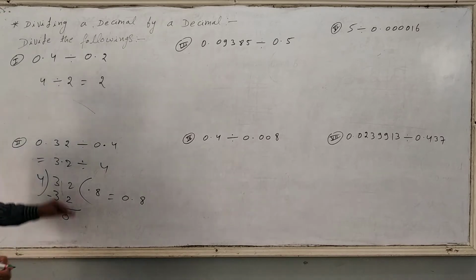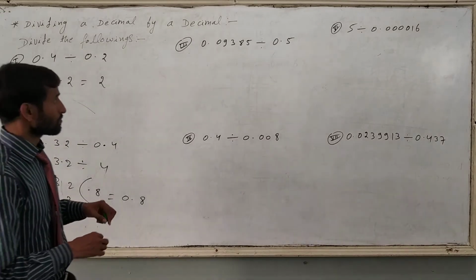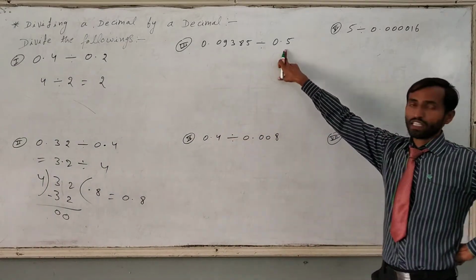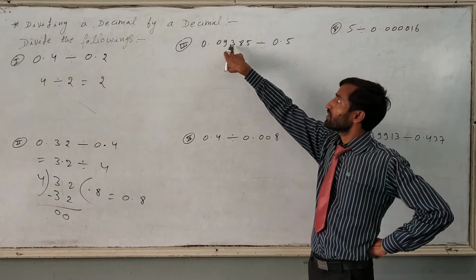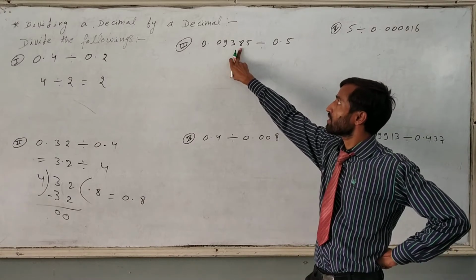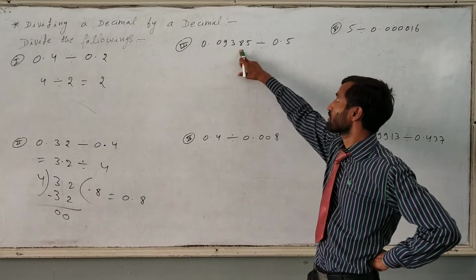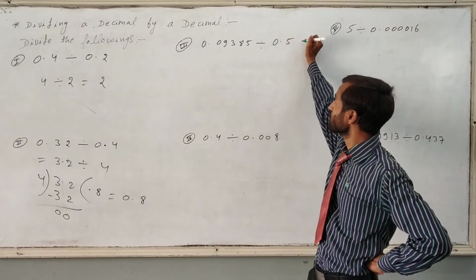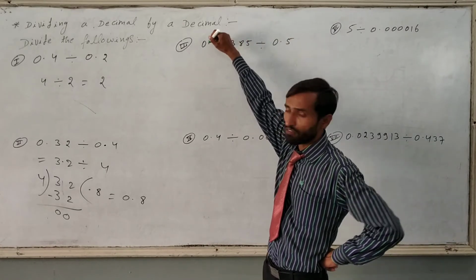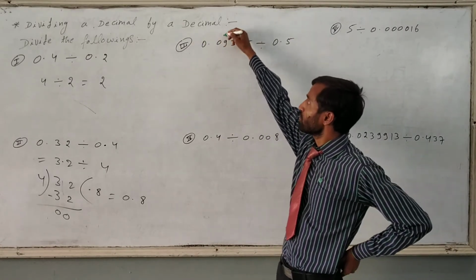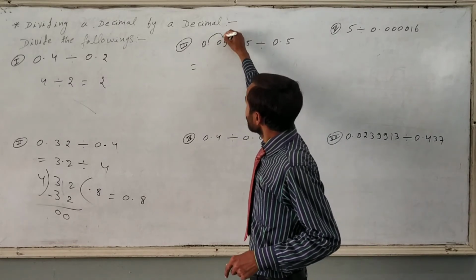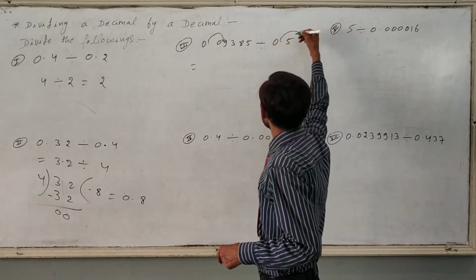Like that you have to do decimal by decimal division. Again, here there is one decimal place, and here there are 5 digits after the decimal, which means 5 decimal places. In the divisor there is one decimal place, so you have to remove it. Then in the dividend also, the point moves one place from left to right. Just write it down here, and it will be removed finally.